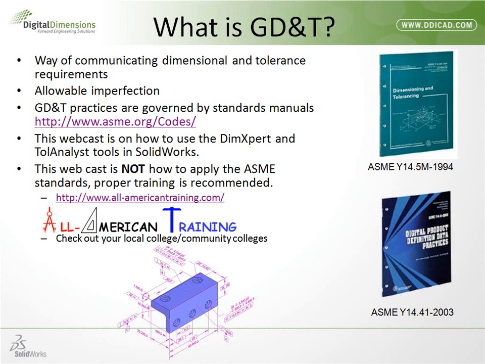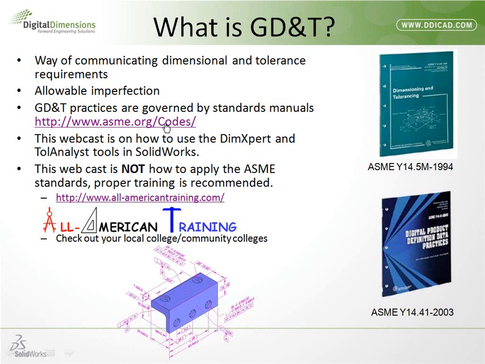GD&T actually allows more imperfections. Your tolerance zones become larger when you use GD&T, these symbols. So again, just because you see it on a print, you automatically assume that it's holding the part's tighter is not necessarily the case. I would point out that GD&T practices are governed by standards manuals put out by ASME,